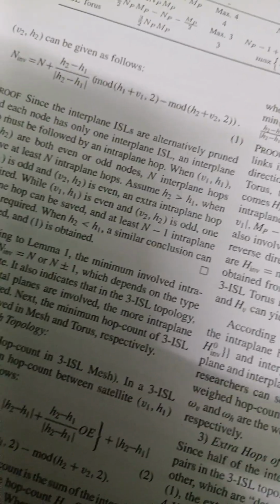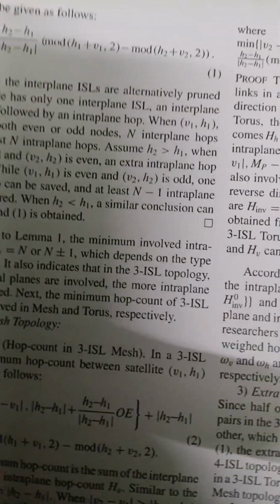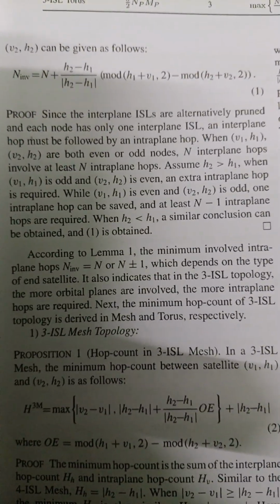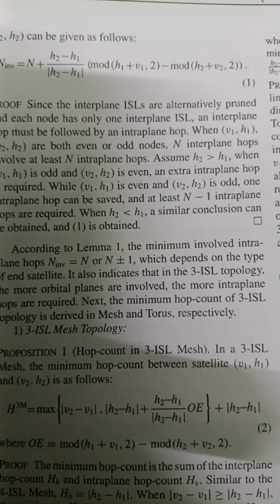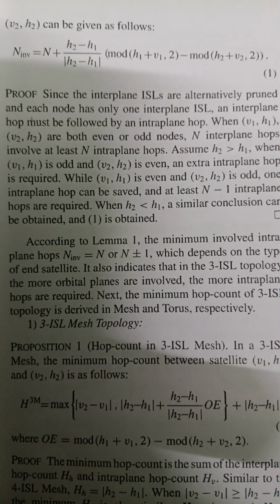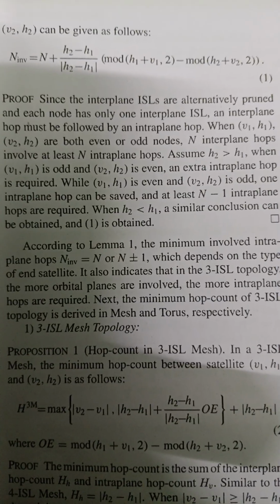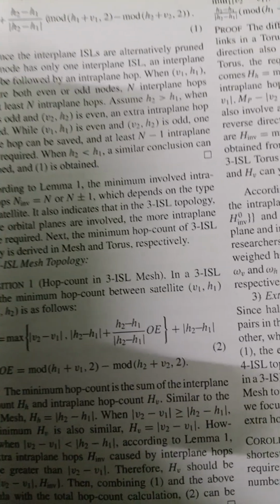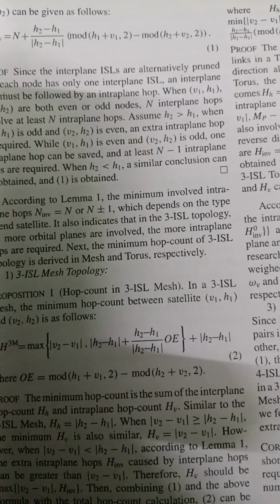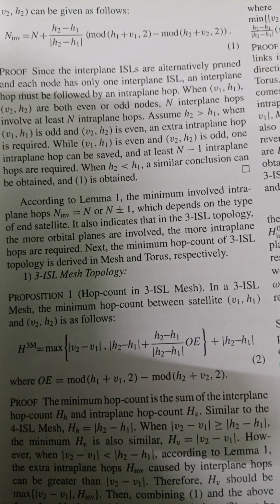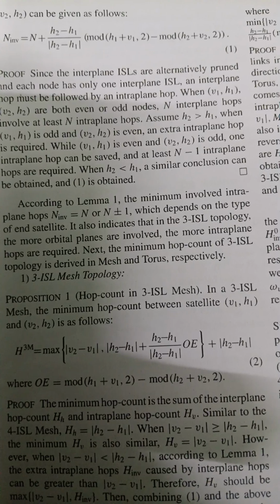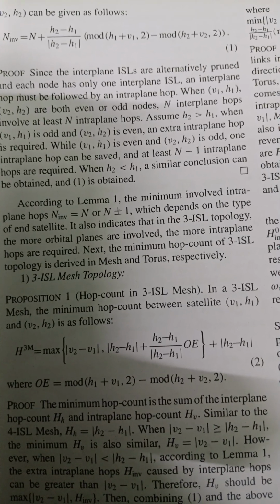When (V1, H1) and (V2, H2) are both even or both odd nodes, n interplane hops involve at least n intraplane hops. Assume H2 is greater than H1. When (V1, H1) is odd and (V2, H2) is even,